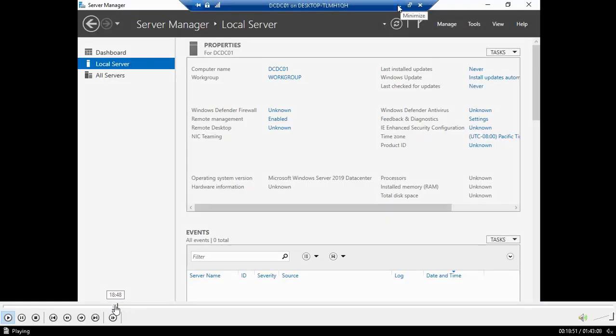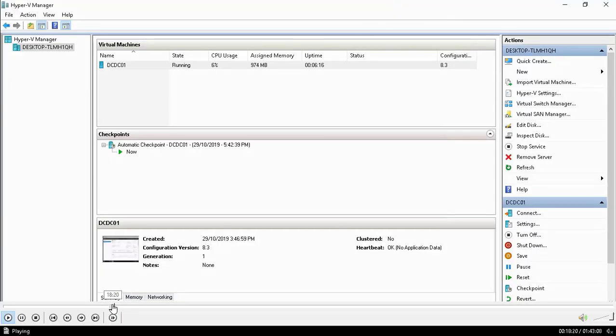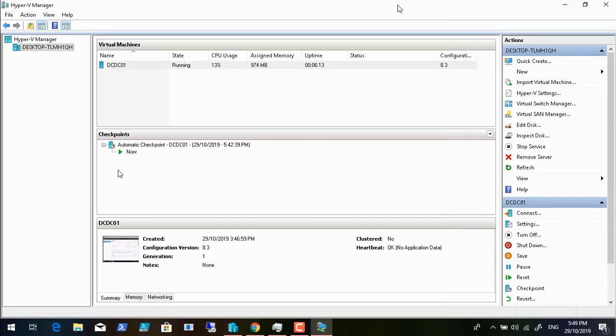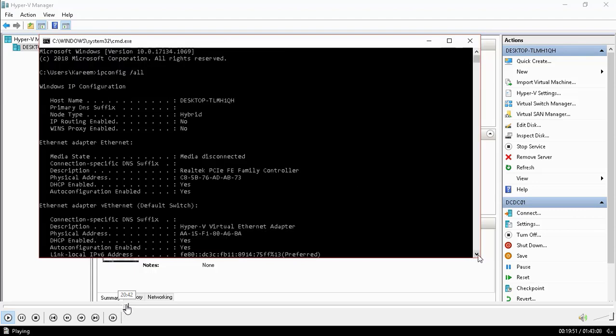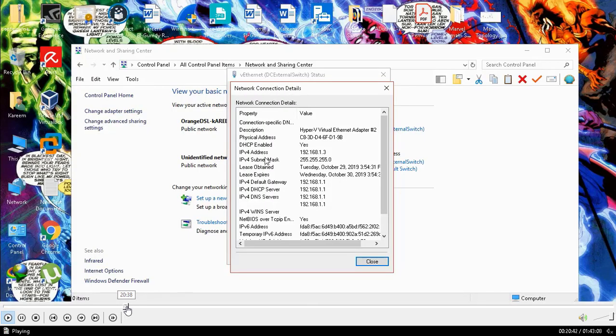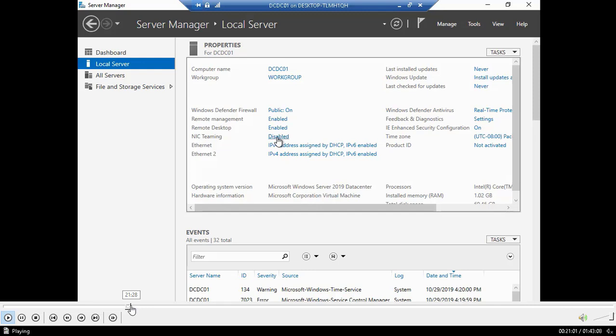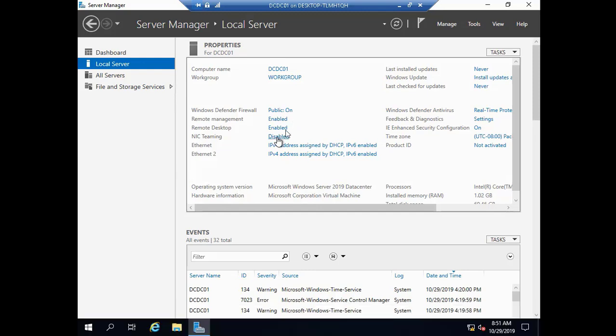Okay, and then we will go to the local server. Just a minute, sorry. Here again. Okay, again we will go to the local server, server manager, local server, and then network teaming or